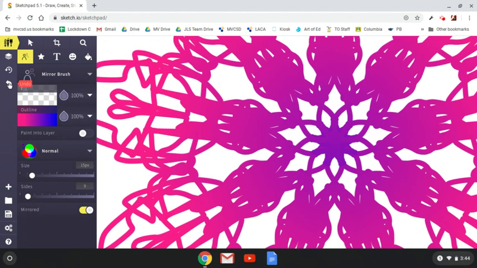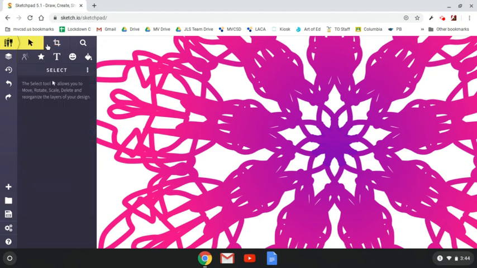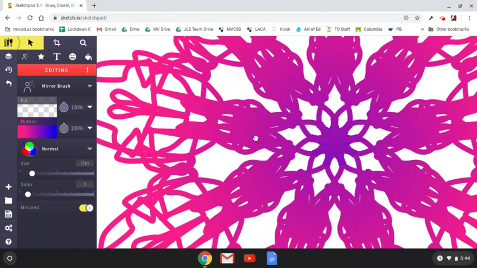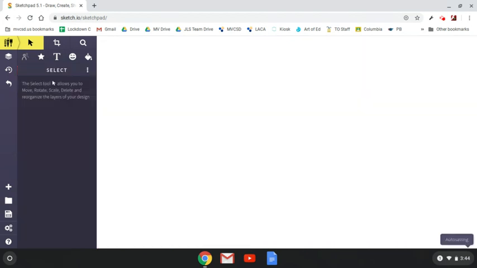Now, sometimes you can use this little undo button. For some reason on my Chromebook, it doesn't work. So if you see that and it's not working very well for you, remember, I like to use the selector tool where I make sure I'm on the selector arrow. I can click on parts of my picture and I can delete them. So you can experiment with those things yourself, but I want to show you just a few more tools